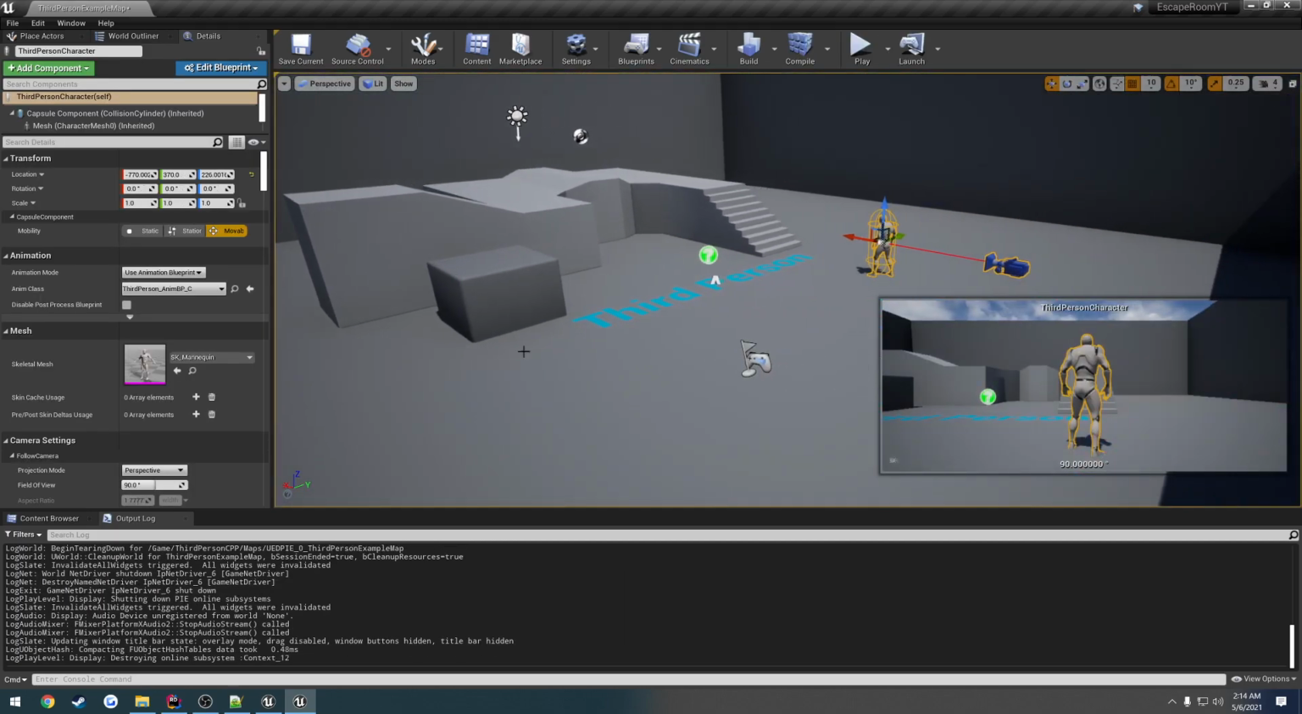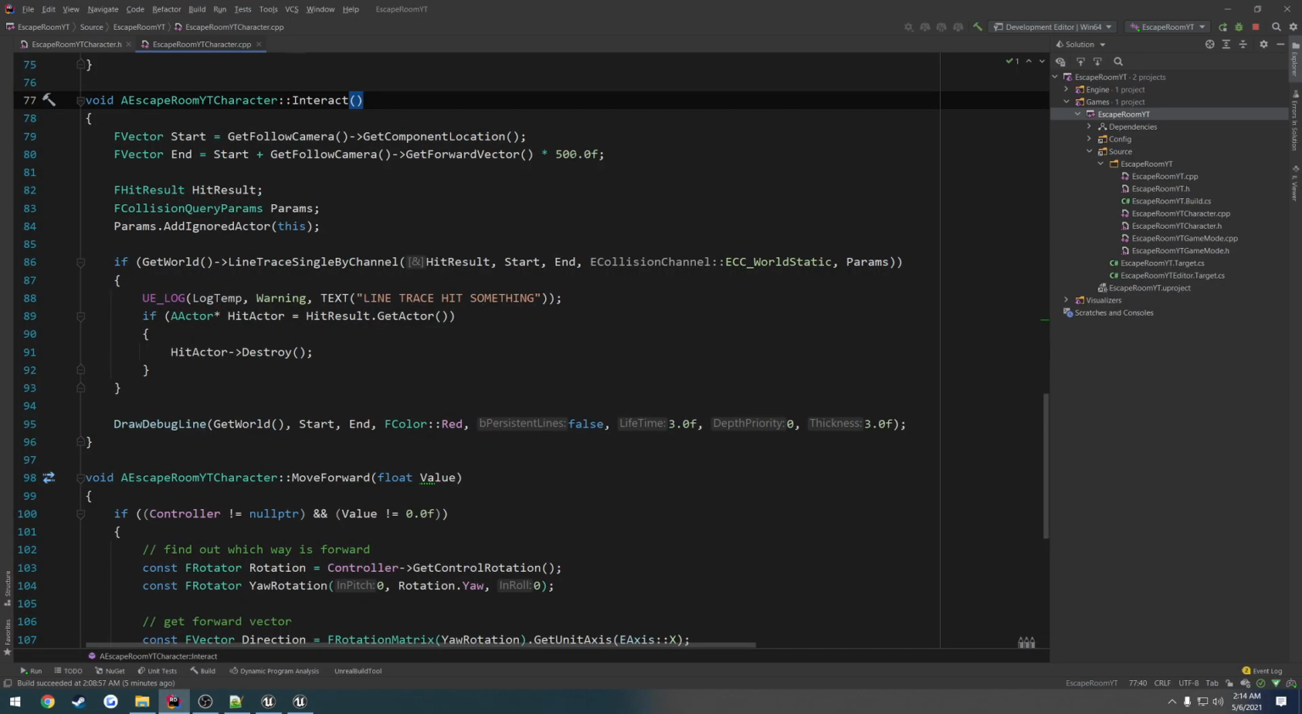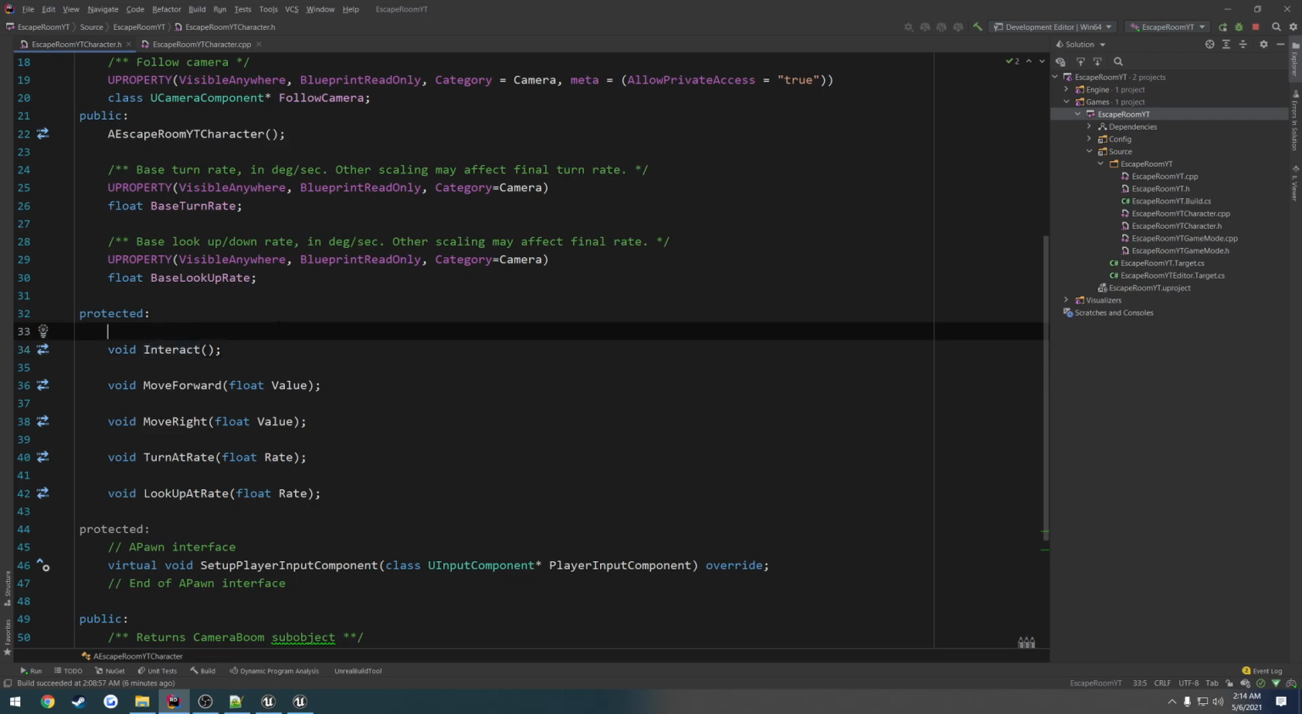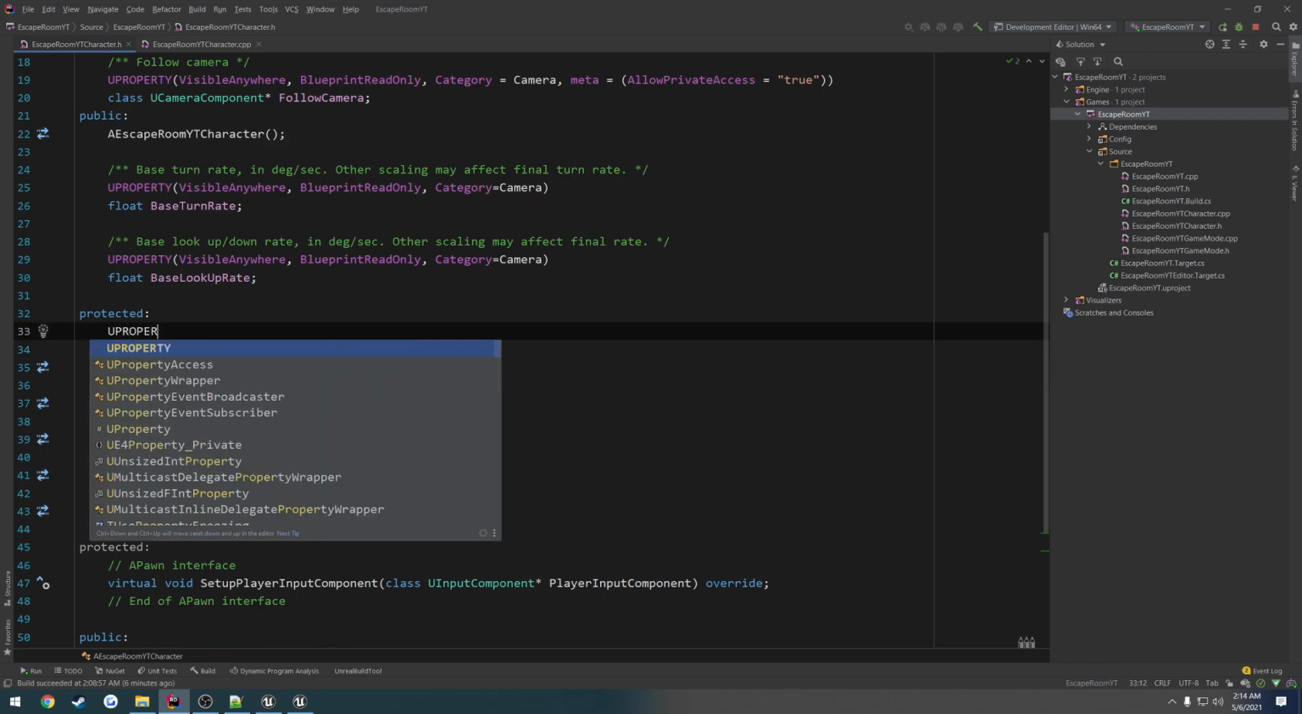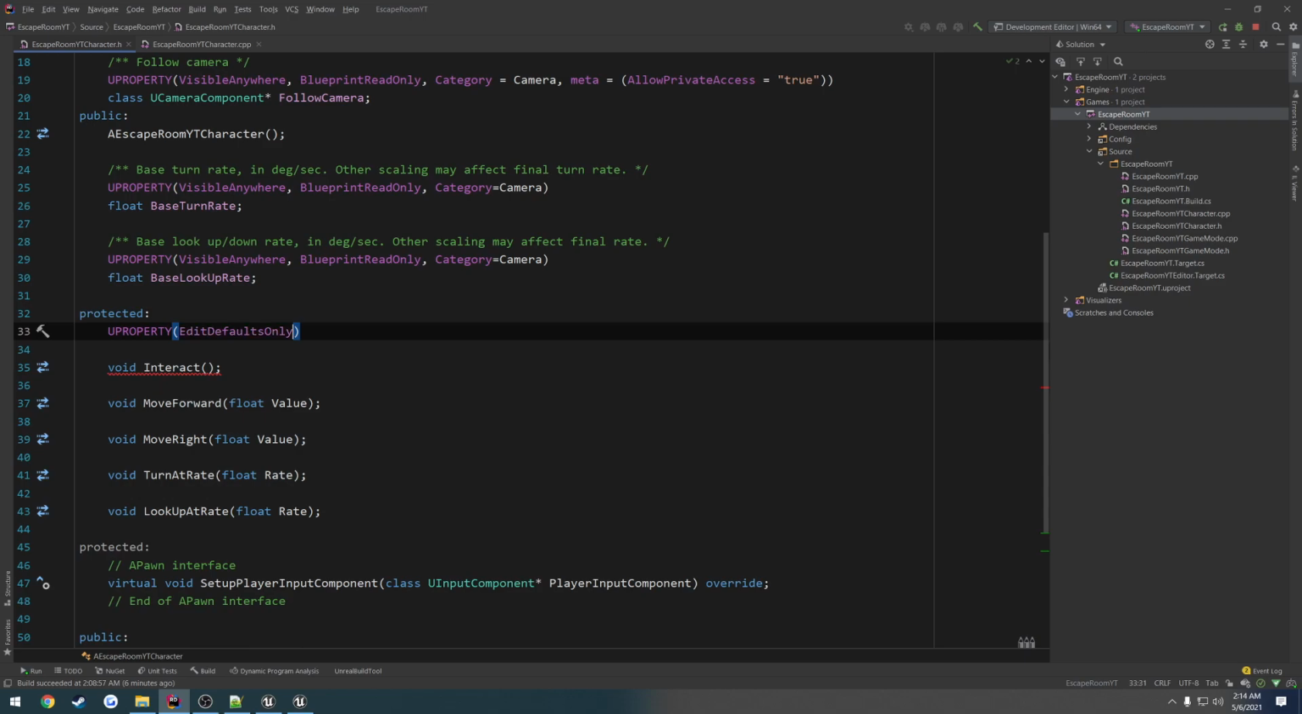So currently we are at, where is it? 500. So we're at 500 Unreal units, which is 500 centimeters because Unreal goes by centimeters. So we want to make this editable. So we're going to go into our header and create a U property. So U property, edit defaults only. We're going to set the category to equal, let's do